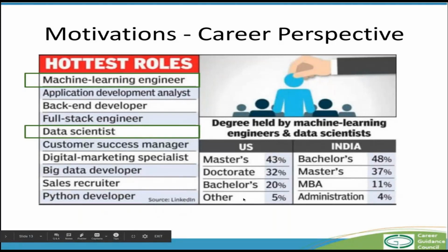And in India, in comparison to the US, where a minimum degree that you find is very important is the master's or the doctorate degree, in India the bachelor's degree is sufficient. So young graduates are the ones entering this workforce and are in heavy demand with some knowledge of machine learning, who can be data scientists in companies.